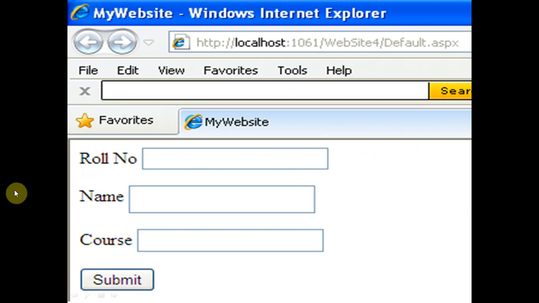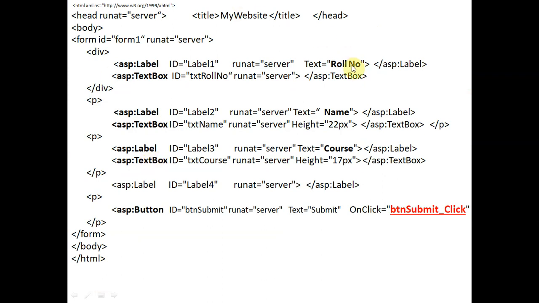You can see here this is the label, and the caption of the label is roll number. So this is the caption of this label, and the name of the label is Label1. We will have one more asp colon TextBox with ID txtRollNumber, run at server, and then we'll close it with slash asp colon TextBox.